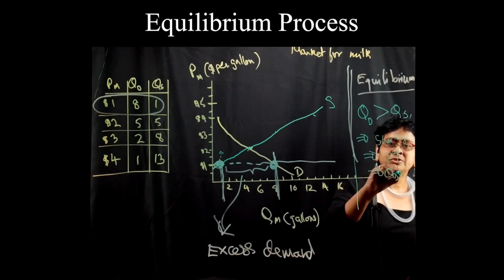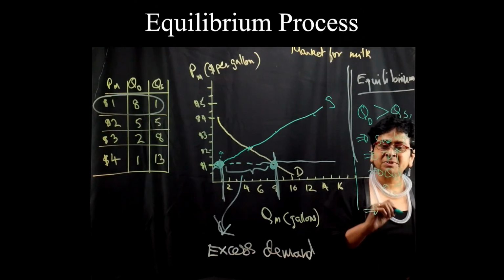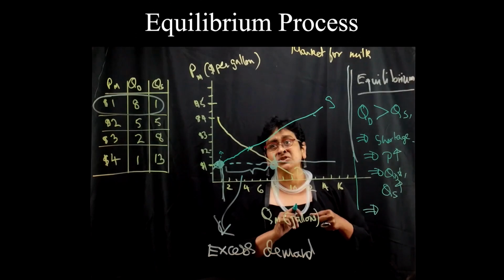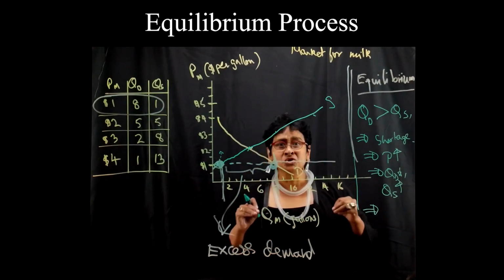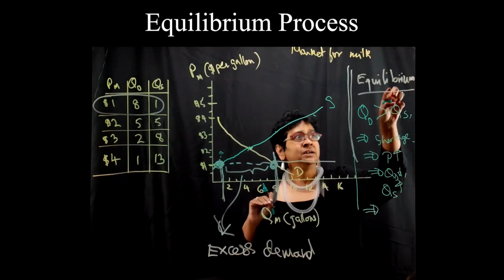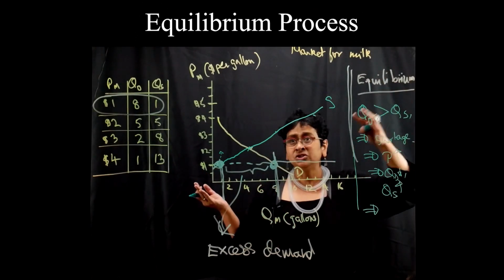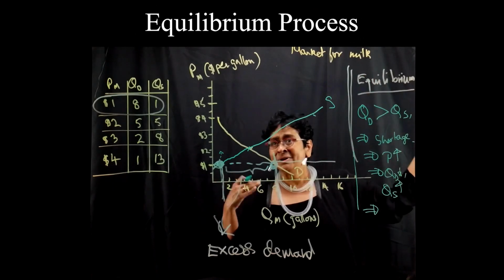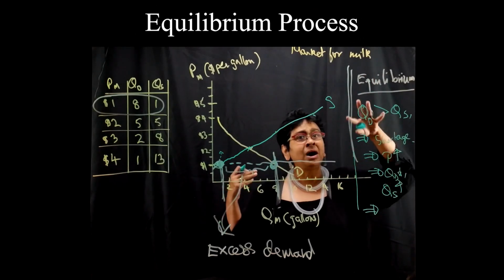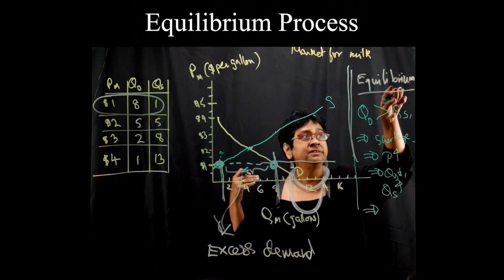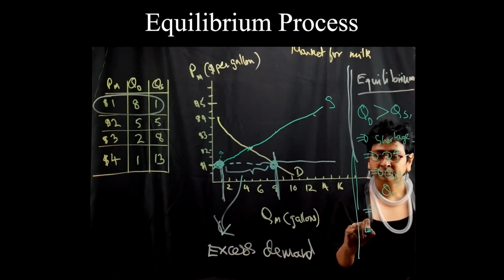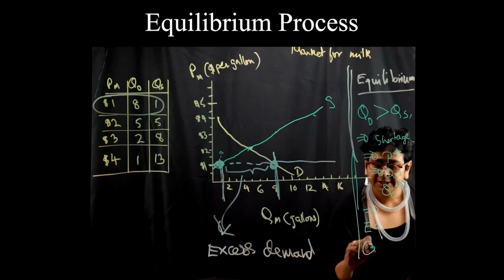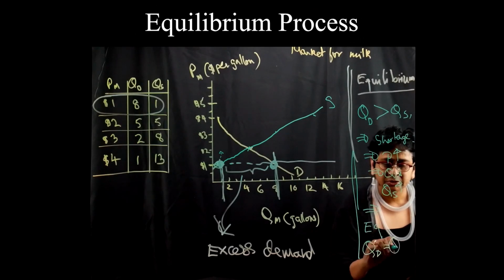Quantity demanded starts to decrease, quantity supplied starts to increase, and this keeps happening until there is no more shortage. All right? So when there is no more shortage, at that point, the situation finally stops seeing all these changes in the price and in quantity demanded and quantity supplied, and the market comes to rest. This we call equilibrium. This happens when quantity demanded exactly equals quantity supplied.